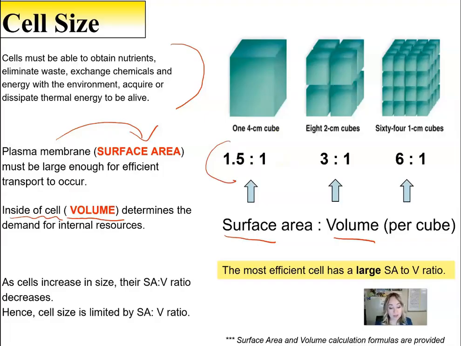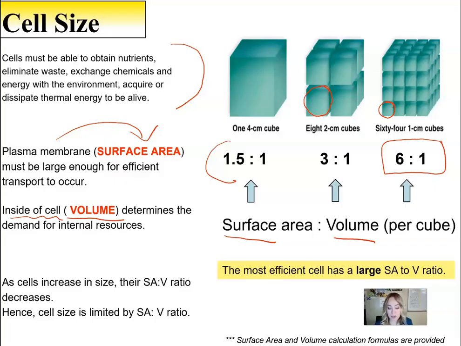And then we have cut that 4-centimeter cube, and now we have 8 2-centimeter cubes. So we can see one of these cubes will have a 3 to 1 ratio. So it looks like the surface area is increasing as the cell size is decreasing. And then if we divide this cube again, notice we're going to get 64 1-centimeter cubes. So now this little guy right here will be 6 to 1. So it means the smallest cell will have the greatest surface area to volume ratio. Therefore, the smallest cell in this case is going to be the most efficient when it comes to transporting materials